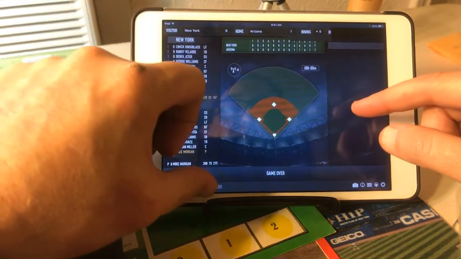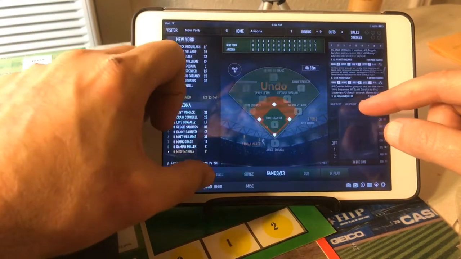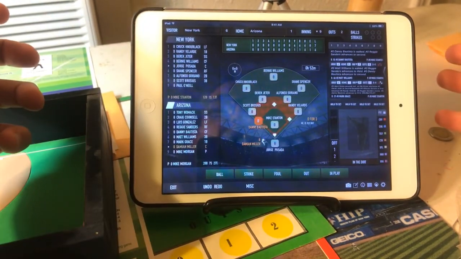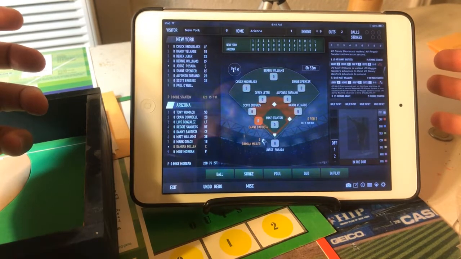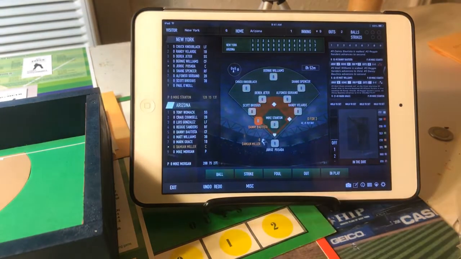I'm going to undo one and show you what it looks like. Okay, this would be the game. I'm playing the game. The last batter was Damian Miller. He's facing Mike Stanton. And as you can see, it's got a lot of bells and whistles here. It's a lot different, right, than